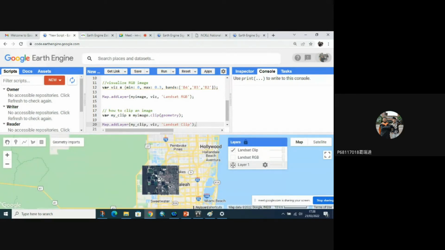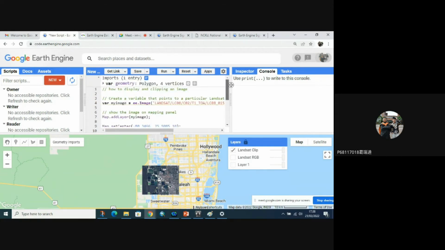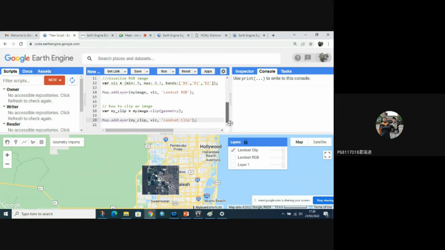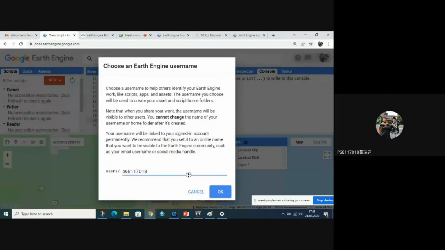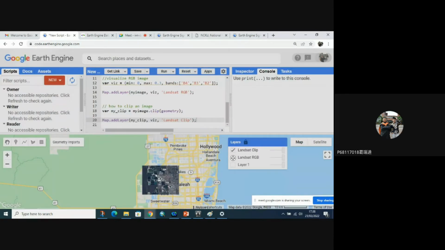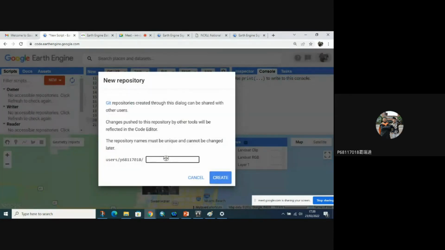So this is the first tutorial: how to display and clip an image, and save the code. Yeah, the first one you cannot change. It's okay. This is your username. Keep the new repository. I will keep the name TSU, March 21st.